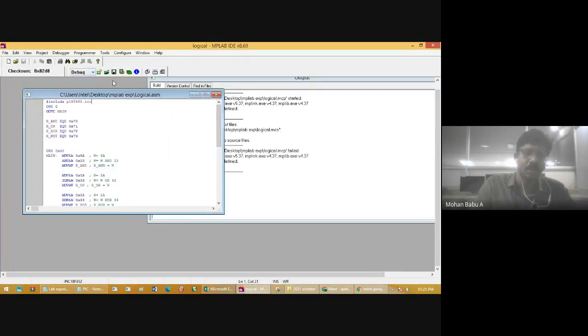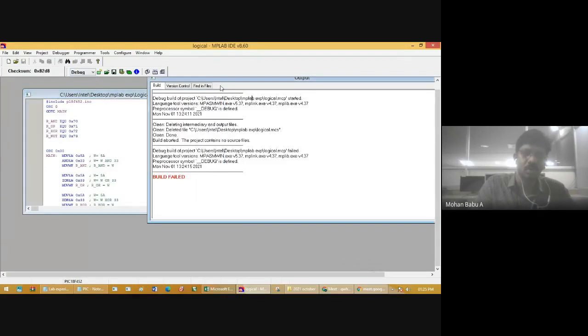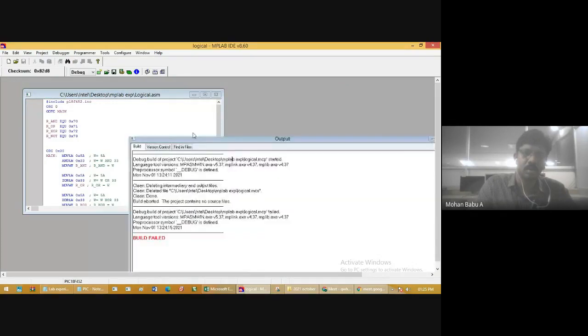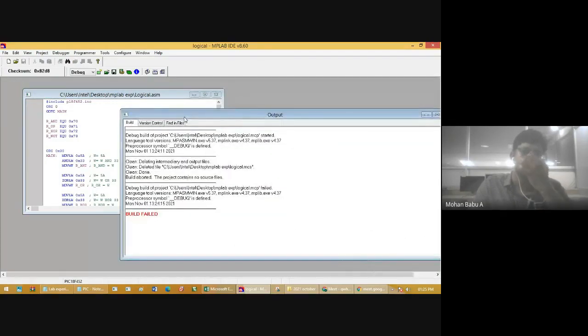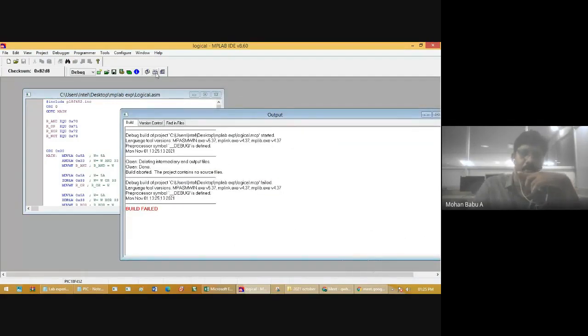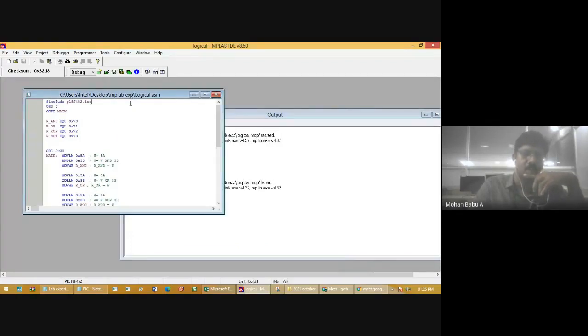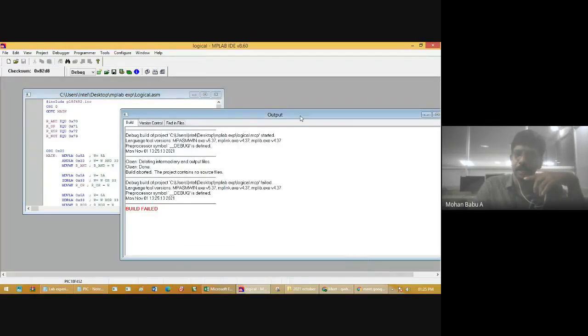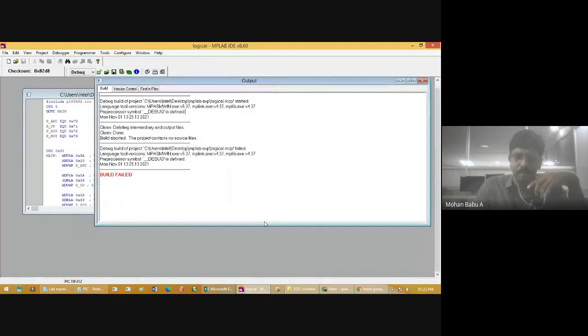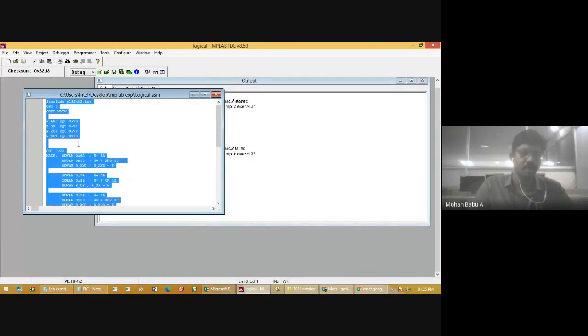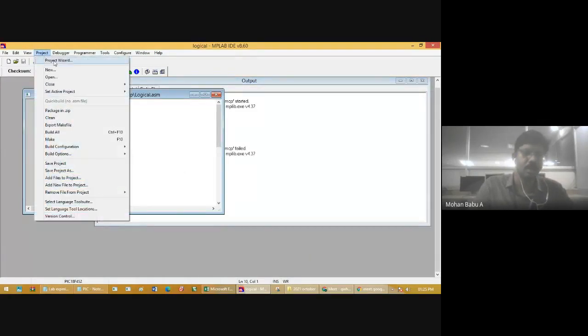After saving, go to build. You need to add the source file. I think it is missing, so I am doing the step one more time.